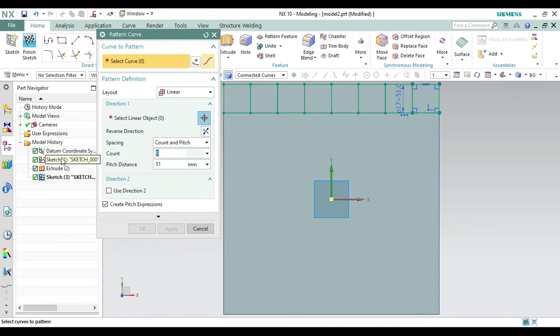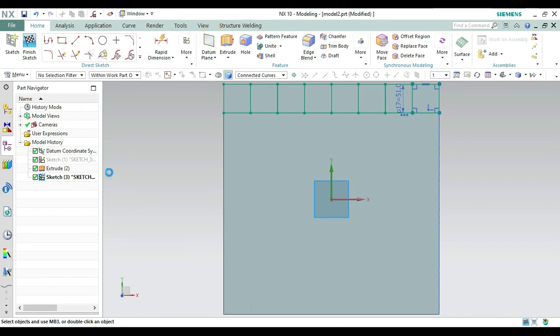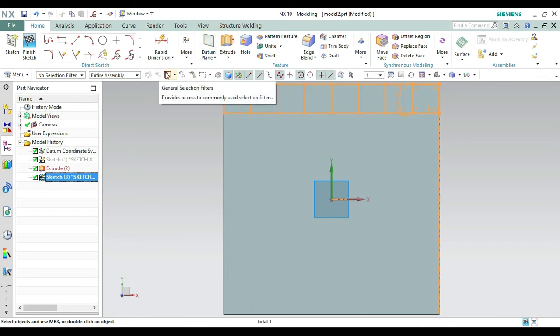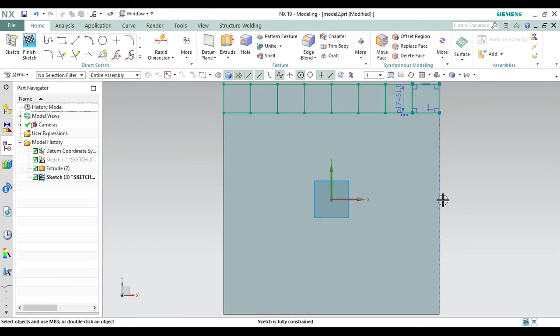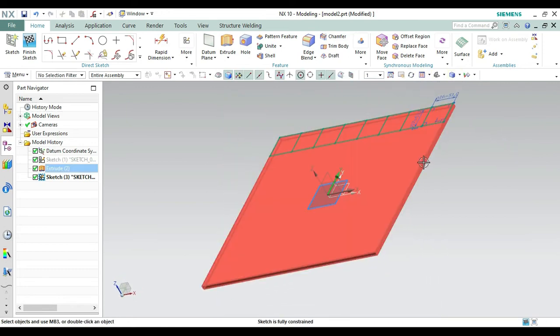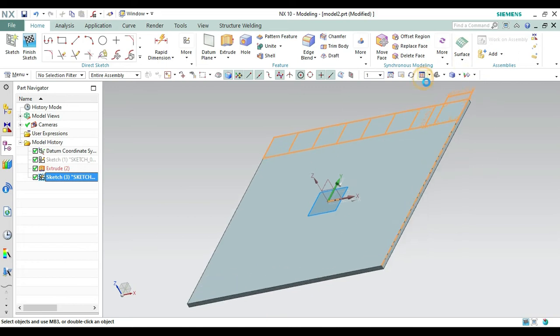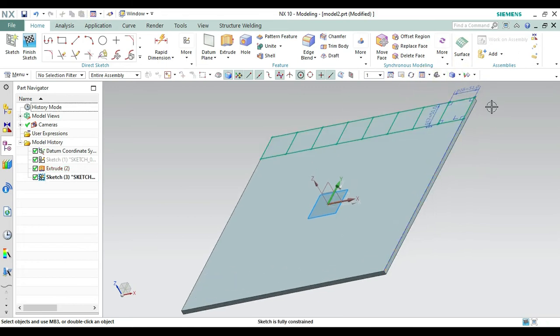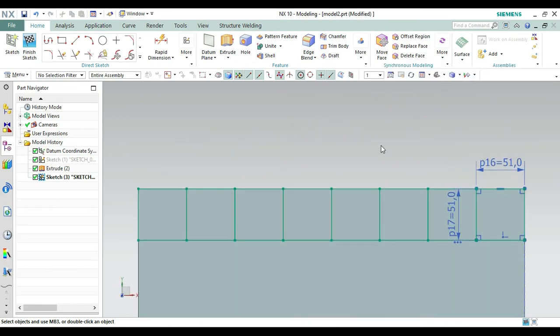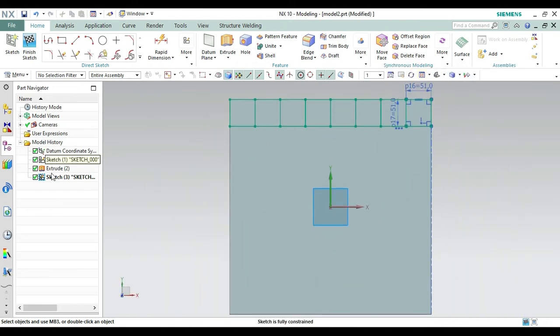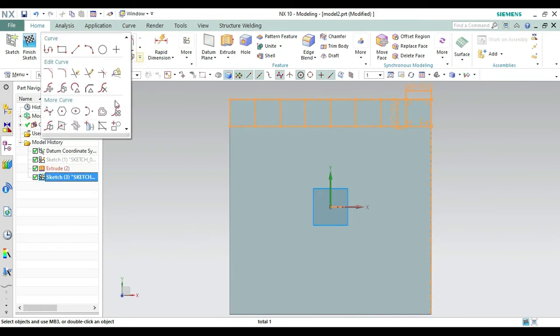Okay, again select the curve, select this sketch 3. It will not set like this, so first cancel this, select this one. Okay, why is it taking this line? Okay, let's first right click and make it orient view to sketch like this one. Again making it fit. Now what we do is select this one, going on this pattern command,